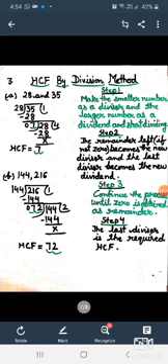Let us understand again with the help of a second example. The given numbers are 144 and 216. Here the smaller number is 144. So I have taken 144 as divisor and 216 as dividend. Now I will divide 216 by 144. So 144 ones are 144. Now my remainder is 72.